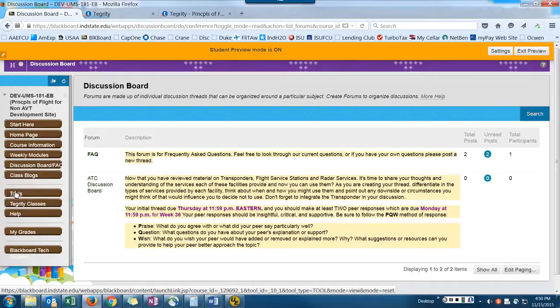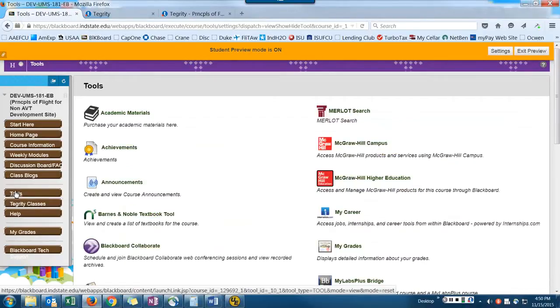There's a tools button that will take you to many of the tools available on Blackboard, email. You can look at your grades through here. The Blackboard Collaborate that I mentioned, you'll want to have that downloaded, available on your computer ahead of time for our synchronous session in the 3rd week. And then of course there's a My Grades button where you can